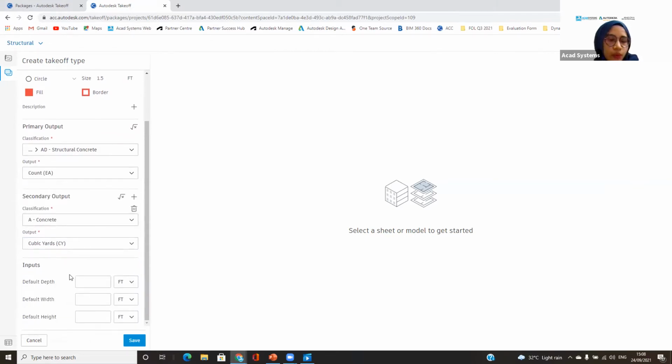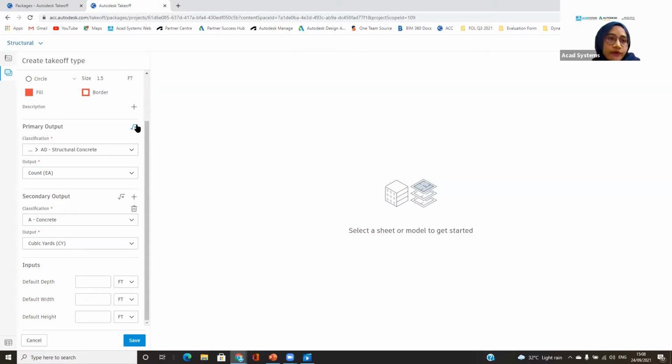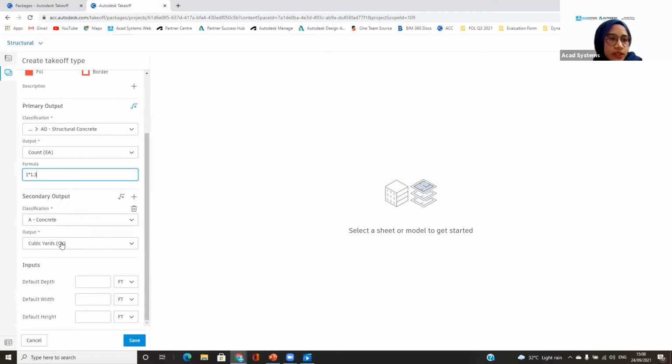And also what you see is that I can put in a formula, any calculation that I want to be included whenever we perform those takeoffs. So let's say that from here, I'm going to consider the waste for 30% of those columns. So that will be one asterisk 1.3 there. And then for the concrete pour here, if I put in,